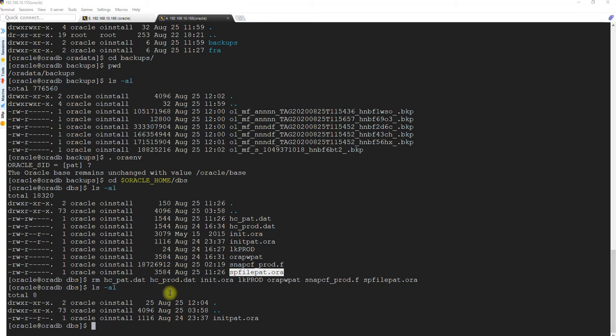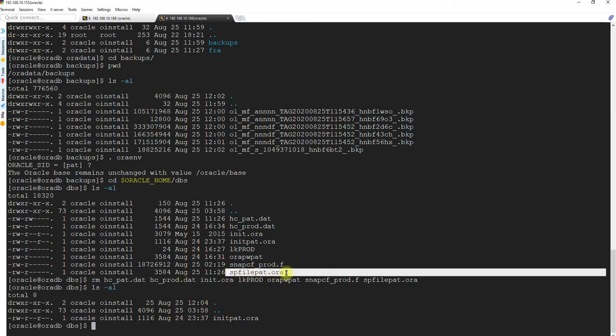This is the issue with manual cloning: at the initial steps everything has to be similar to the production environment or the primary server, including the oratab file entry as well as the database name in the pfile. Okay, so I will show you everything that needs to be the same.